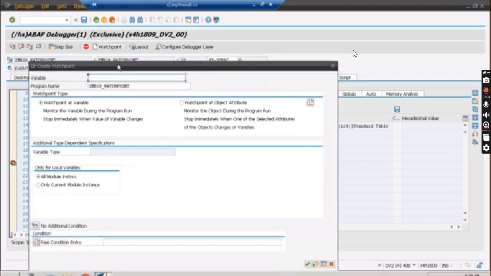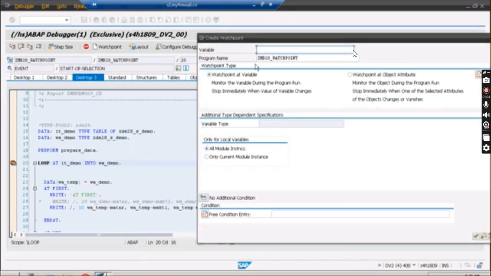You can go to this particular watch point, and which variable you want to put? Under w_demo, you can see one by one the data is getting copied into w_demo. So you'll have to write the variable w_demo, and in this w_demo you have a field called matnr.